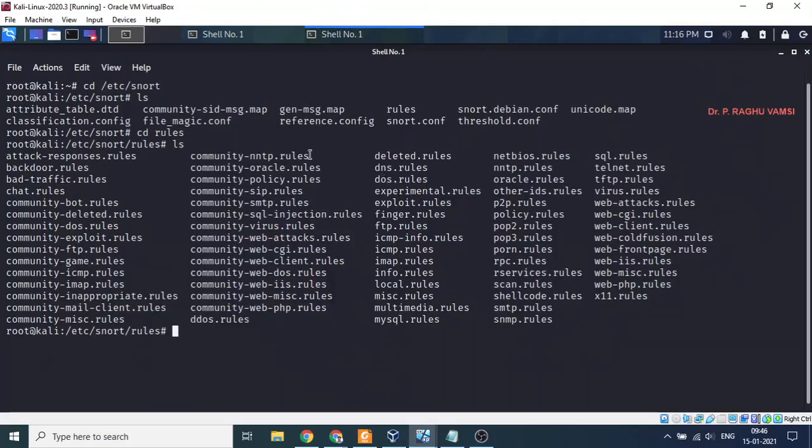Other than that are the community rules and protocol-specific rules like NetBIOS, DNS, DOS attack rules and all. The local.rules file is for rules that you can set on your own, that means your custom rules. So mousepad local.rules.